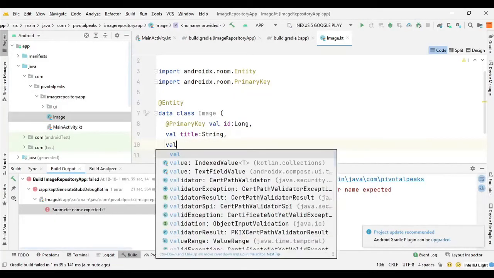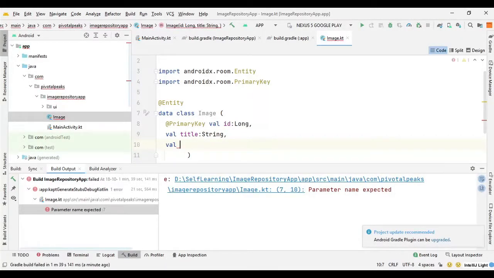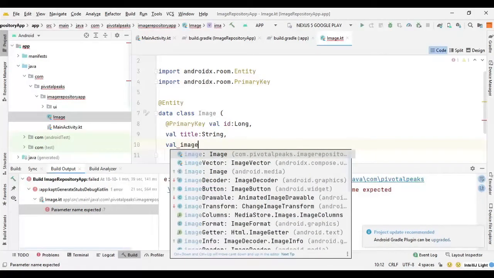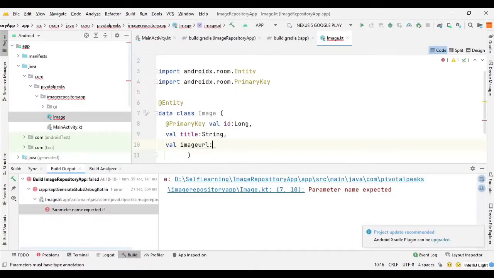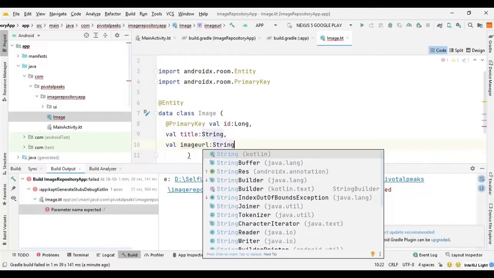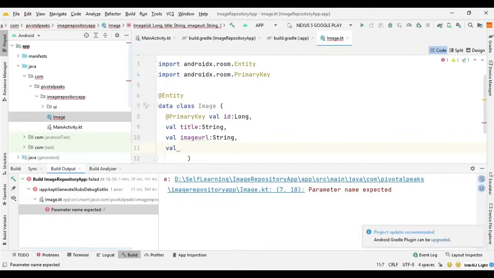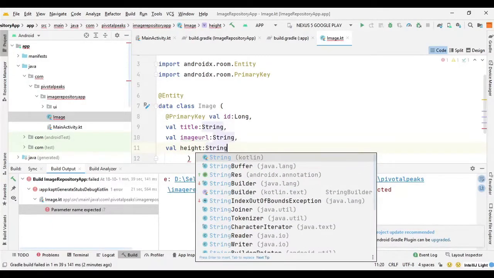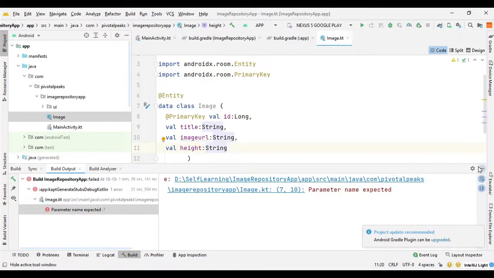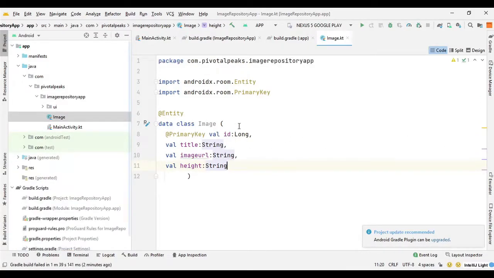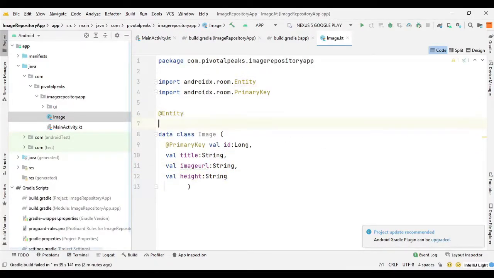And after that we need another for image URL, so we can say imageUrl, which is also going to be of type String. And the last thing is going to be the height of the mountain, so we can say height, also of type String.